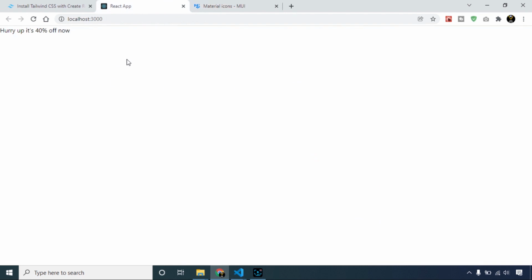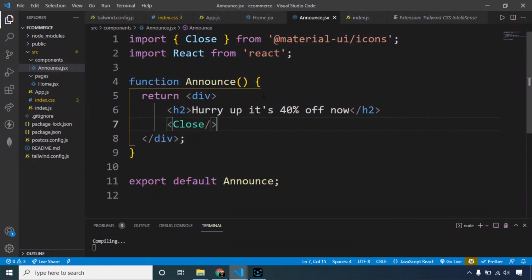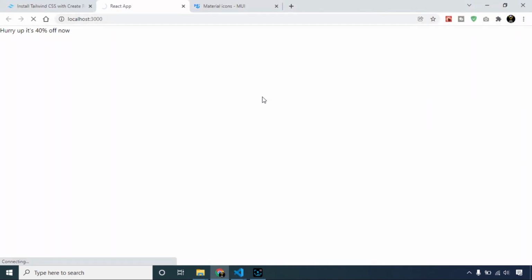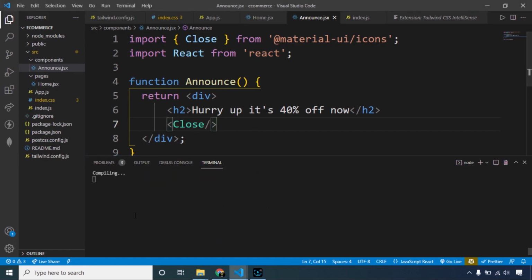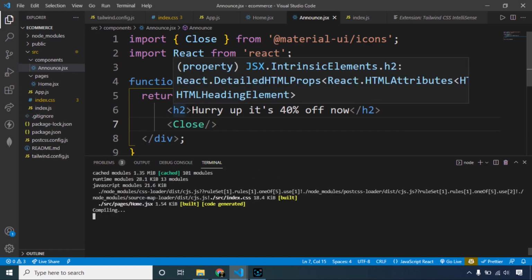Why is there no icon? I should refresh it manually. Yeah, it is taking some time for compiling due to Material UI icons. Let's wait. You can see in the terminal it is compiling. While it's compiling,